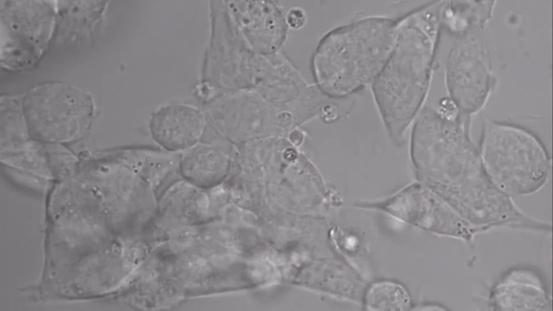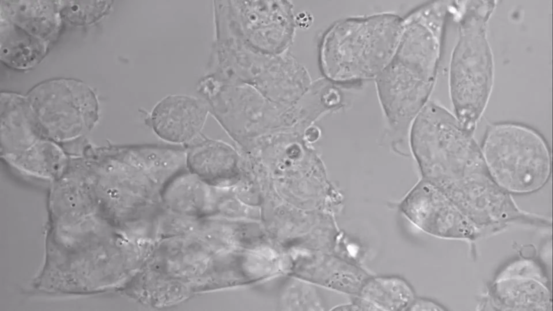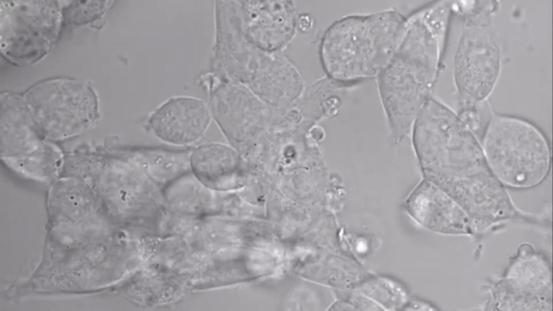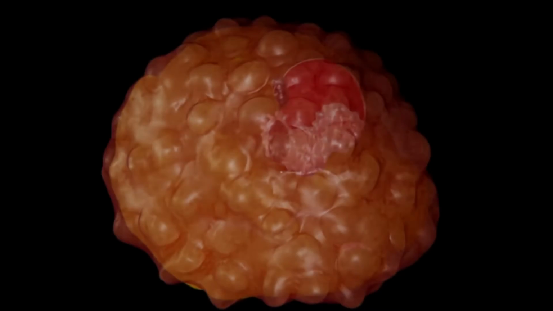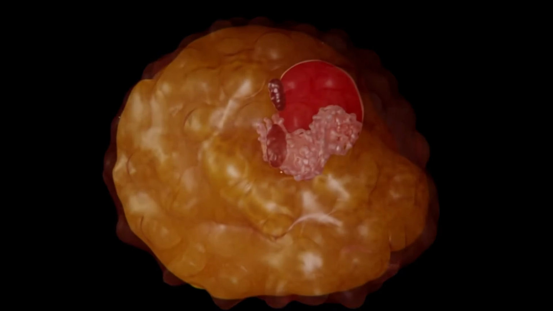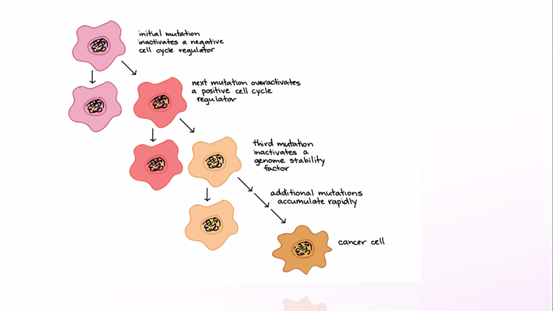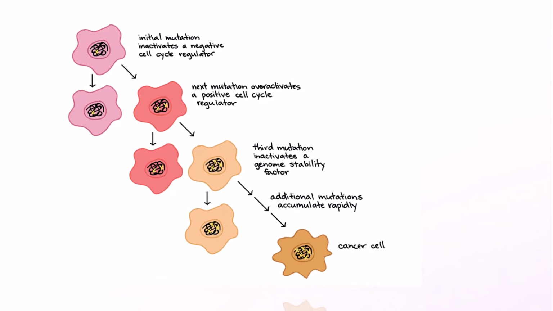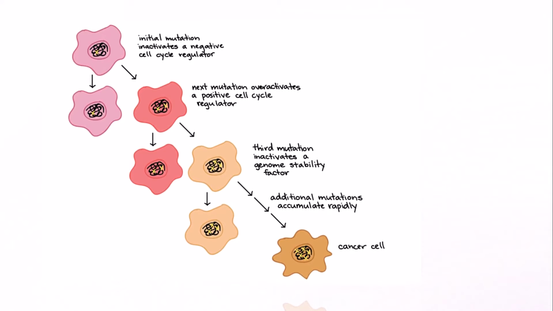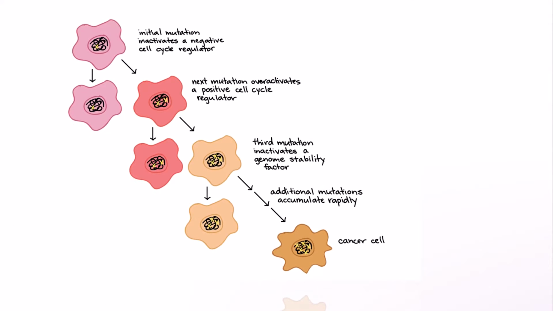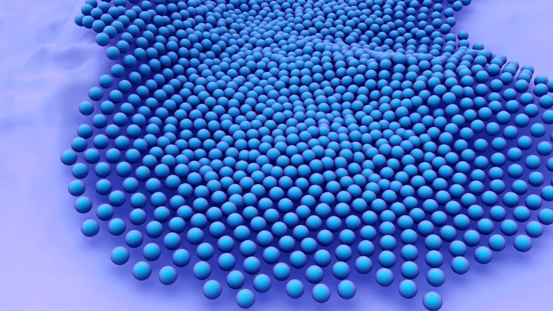In fact, thousands of laboratories around the world today use a laboratory strain of human cells that were originally obtained from a woman named Henrietta Lacks, who died of cervical cancer in 1951. The abnormal behavior of cancer cells begins when a single cell undergoes genetic mutations in one or more genes that encode for proteins in the cell cycle control system. These changes cause the cell to grow abnormally.